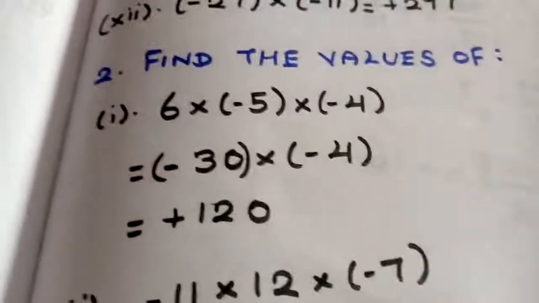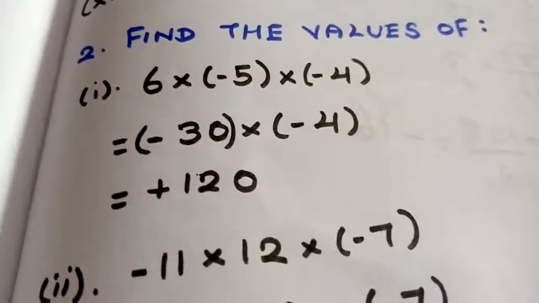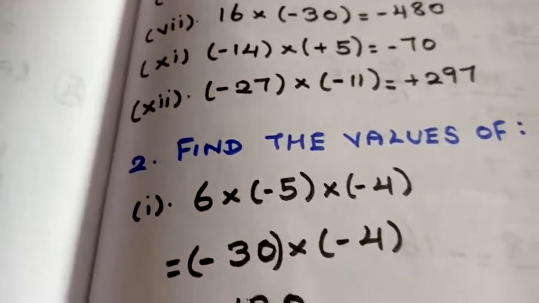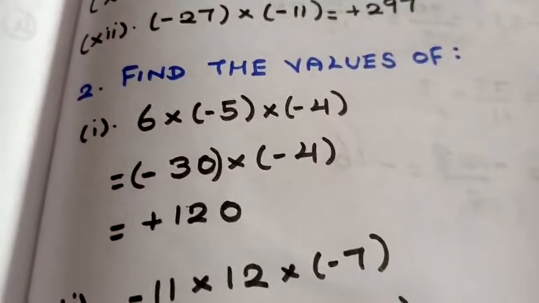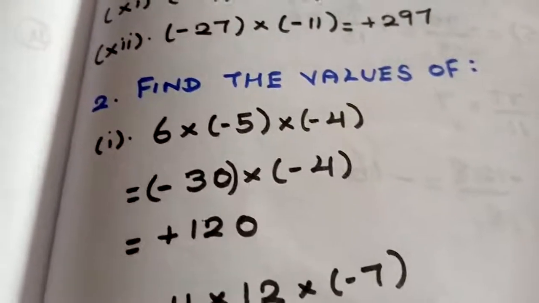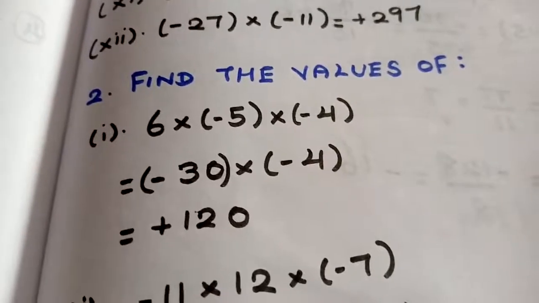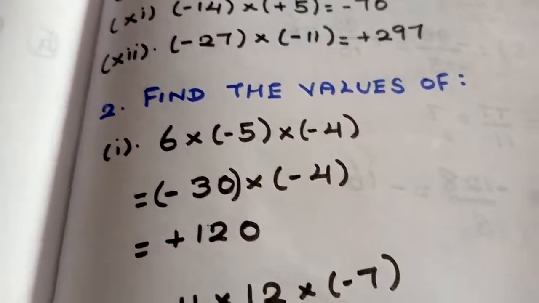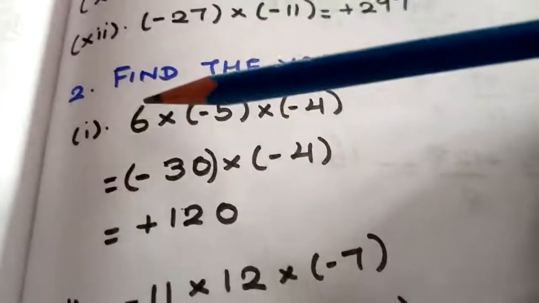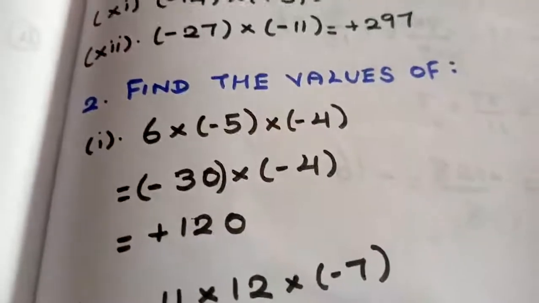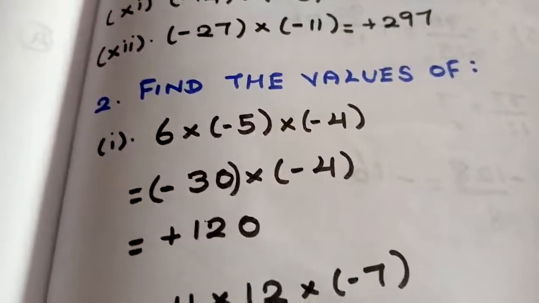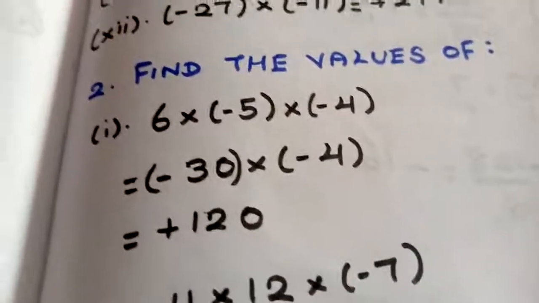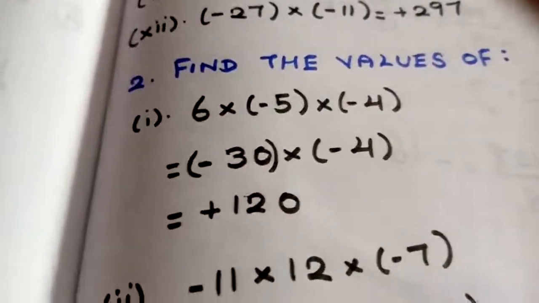Second question, find the value of. So how to calculate the number? If they give you only two numbers, it is easy for us to calculate. Suppose they give you more than two numbers, how do we calculate the sum? It is an easy way of calculating, students. You can take any two, find the answer, and then calculate with the third one. What I am doing here is just taking the first two. For our easy understanding, I am just going to take the first two values.